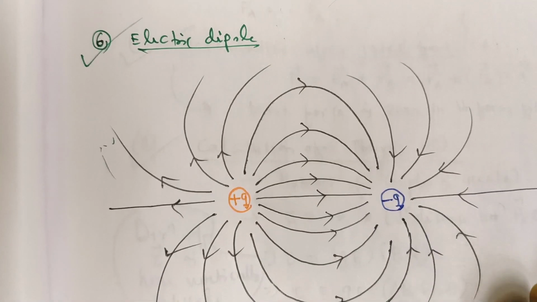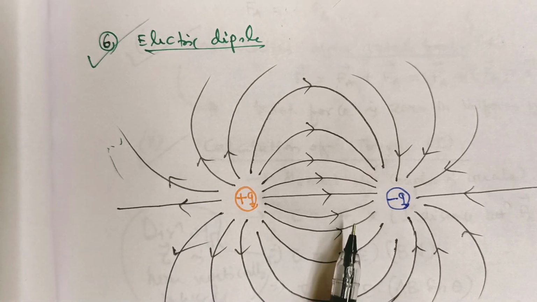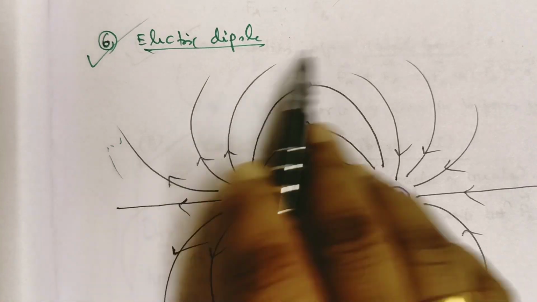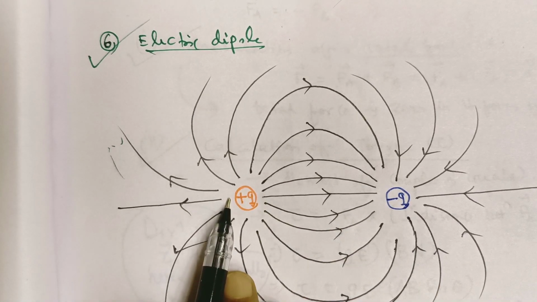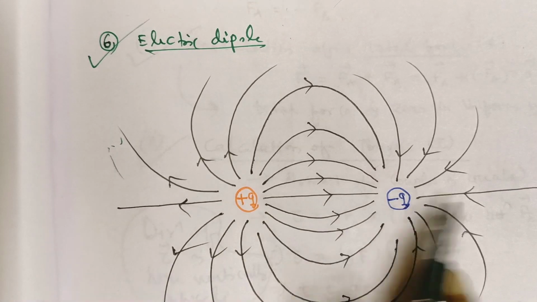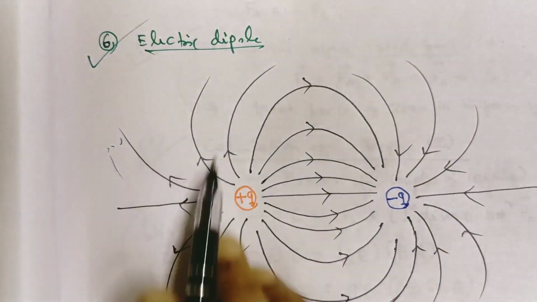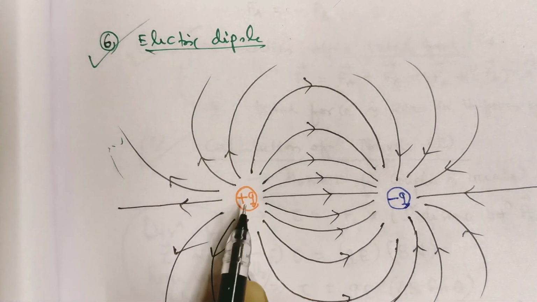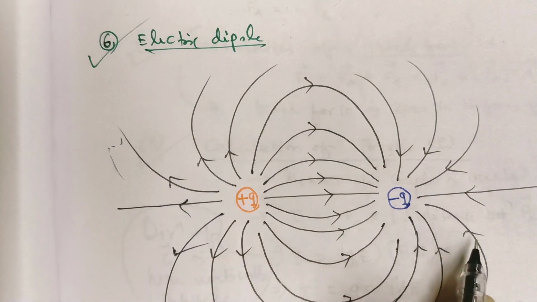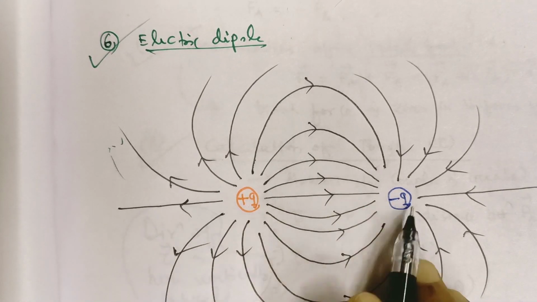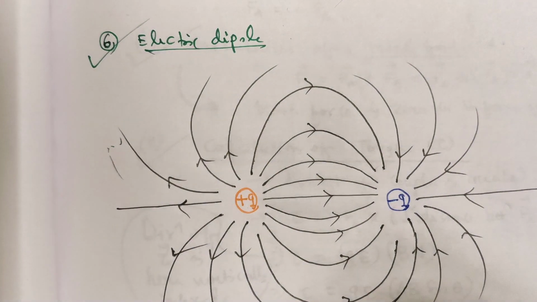Then this is an example of an electric dipole, which is in your syllabus. For the electric dipole, we have calculated the electric field. Sometimes a question may ask you to draw its electric lines of force. How is its electric field represented? Here is a positive charge and here is a negative charge. Positive charge means the arrow mark is outside, negative charge means the arrow mark is inside. You just see, at the negative charge the arrow mark is entering; at the positive charge the arrow mark is going away. It will contract longitudinally, that's why the contraction is there. And the number of lines of force should be the same because the magnitude of both plus Q and minus Q is the same. This is an example of the electric lines of force of the electric dipole.